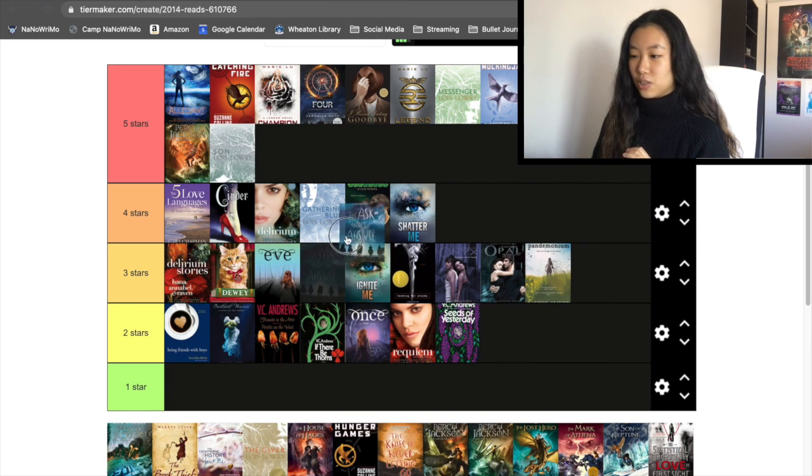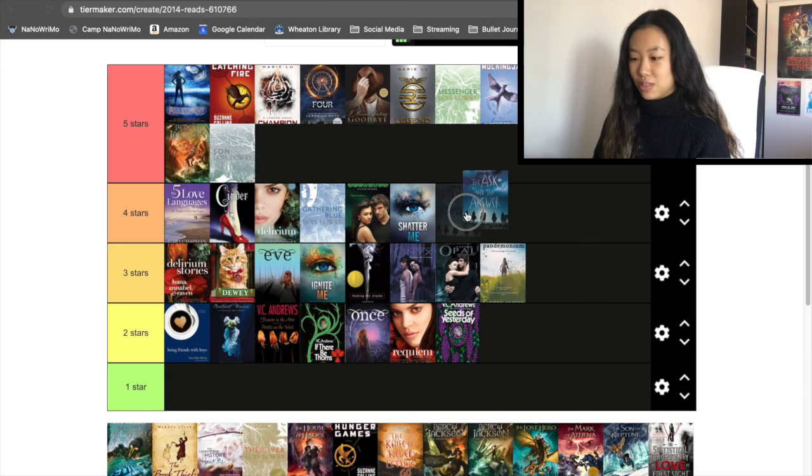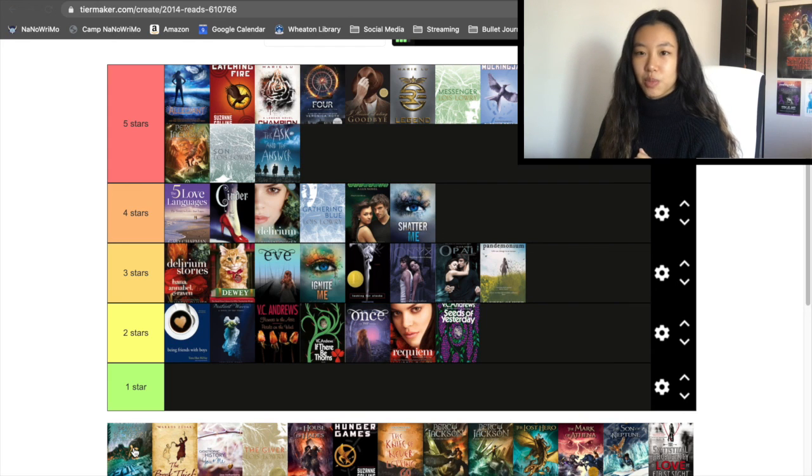The Ask and the Answer, I don't know. I feel like these were 5-star books. I don't remember, but I'm going to say they were 5-star books because I think that's what I rated them at that point. Now I wouldn't. Now I would say they're probably between 3 and 4-star books for me because, spoiler alert,